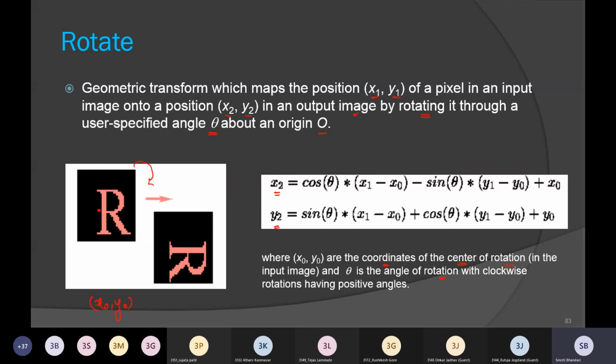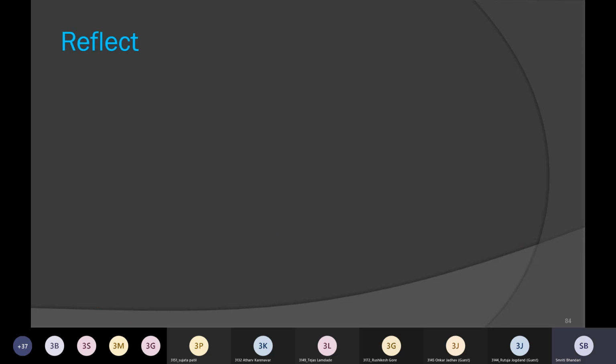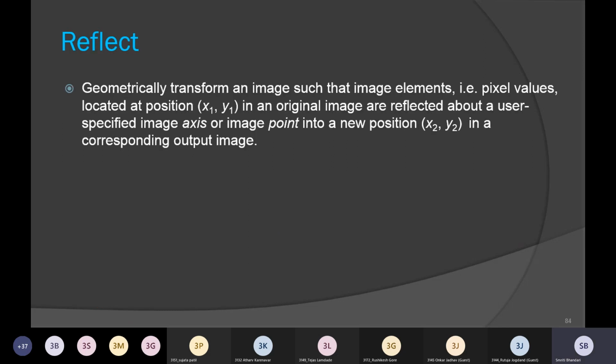Right? So once again, such kind of rotation operation is also used to improve the visual appearance of an image. And typically, this is used for pre-processing, as I stated earlier. Okay. Next operation is reflect. So what this operation is,